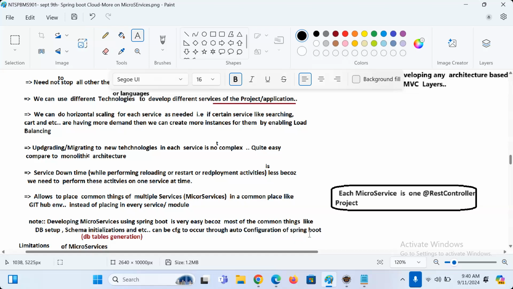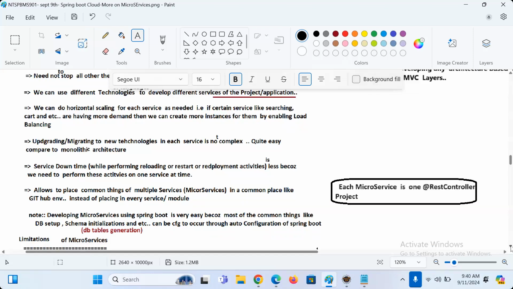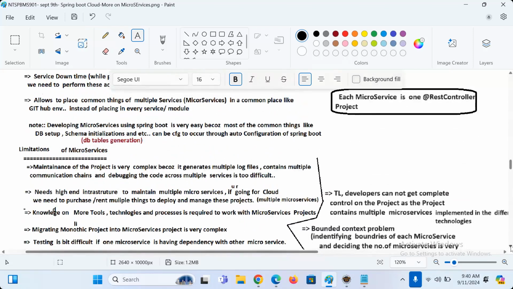Come on, my dear. So that's why the best environment to develop microservice architecture projects is what? Spring Boot. Why? Because of which reason? Auto configuration feature. But don't think that only advantages are there, no disadvantages.